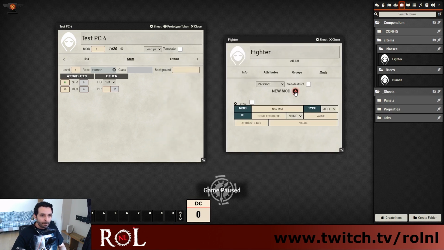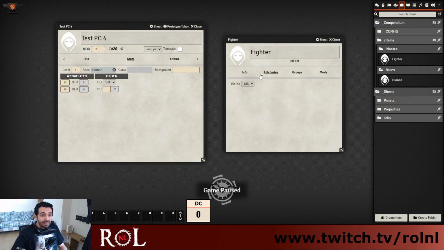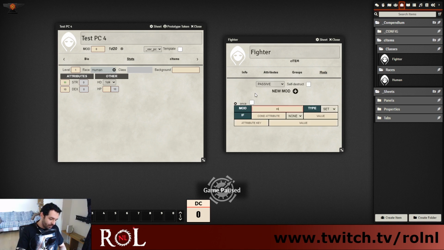Okay, so the next type of modifier, set. As you can imagine, this modifier sets a property. In this case, a class will set the hit die to this value. So hit die. This field here is just a description. Okay, so what does this do? HD is going to get its value set to